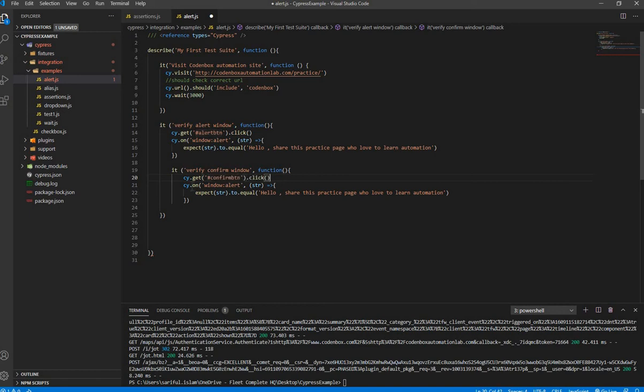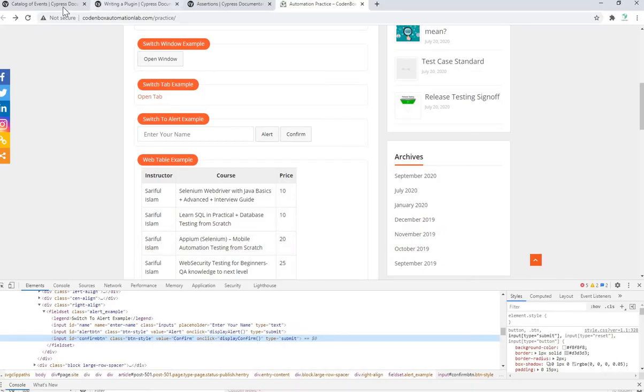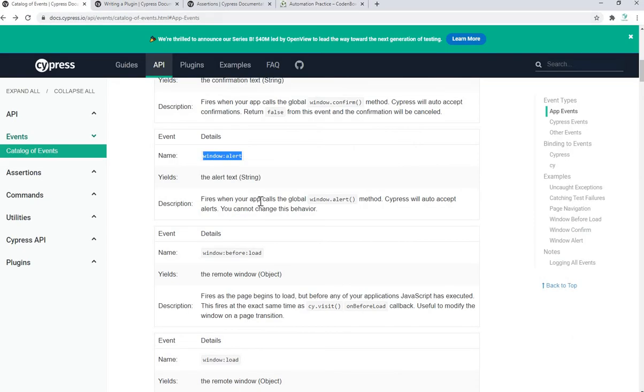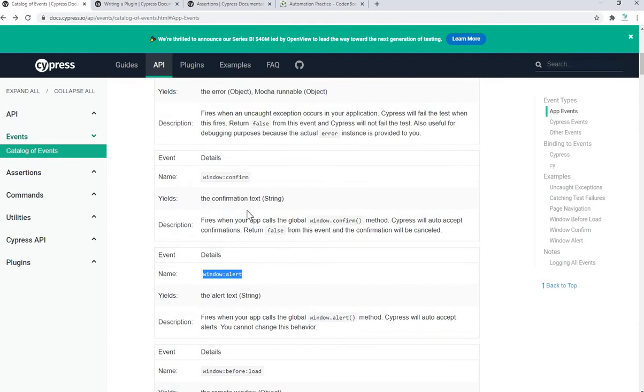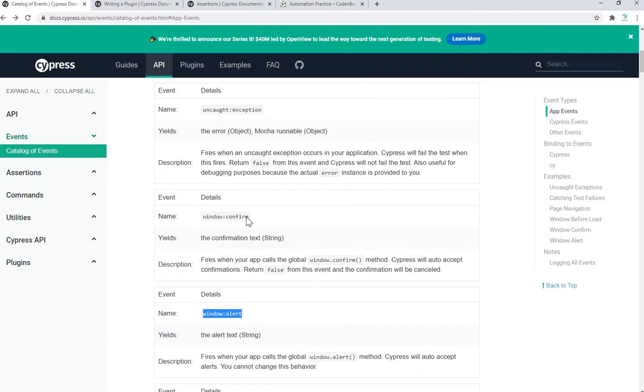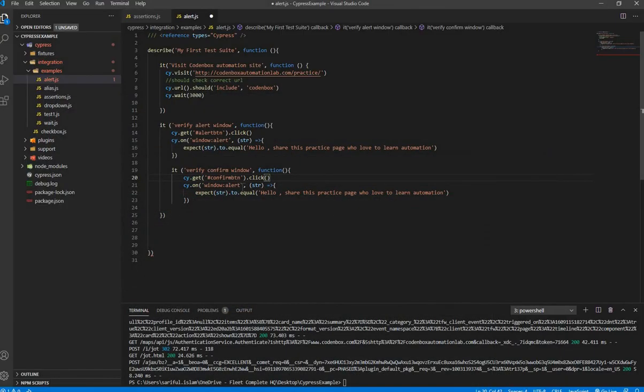and click on there, and then what will be the event for confirm? It's a different event. If you go here, you have to make sure you fire the right event, you trigger the right event. Here is the event, right? This is the event window confirm. So in here you pass the right event, so you just remove it, window confirm,